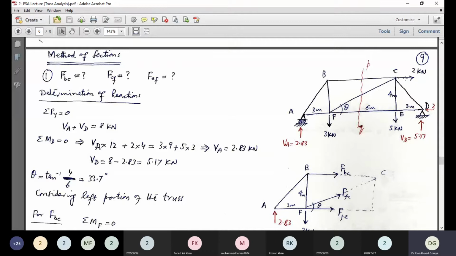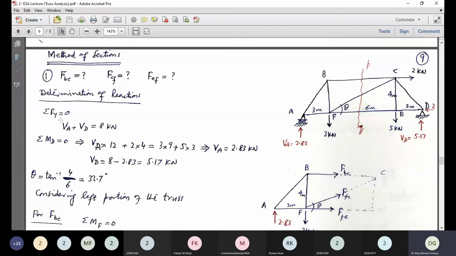We have a horizontal force at C of 2 kilonewton, then 2 vertical forces of 5 kilonewton at E and 3 kilonewton at F. Now this horizontal force at D will be of 2 kilonewton, but in opposite direction, being the reaction, and VA and VD can be determined